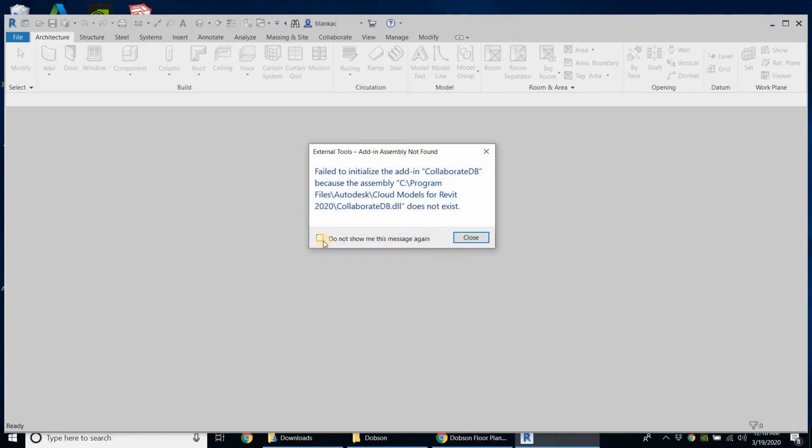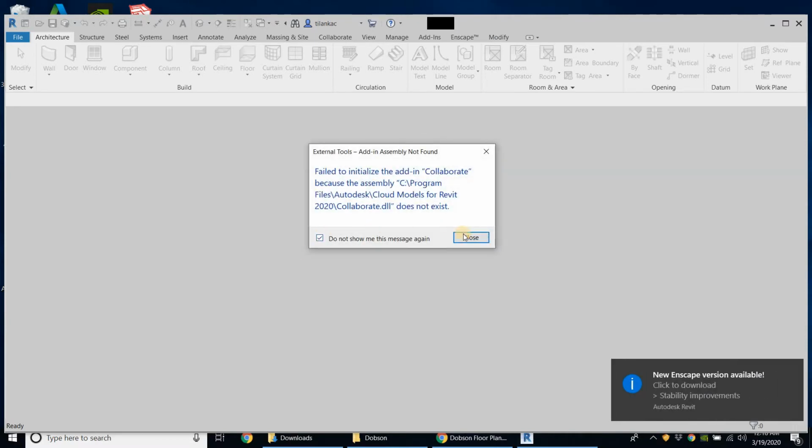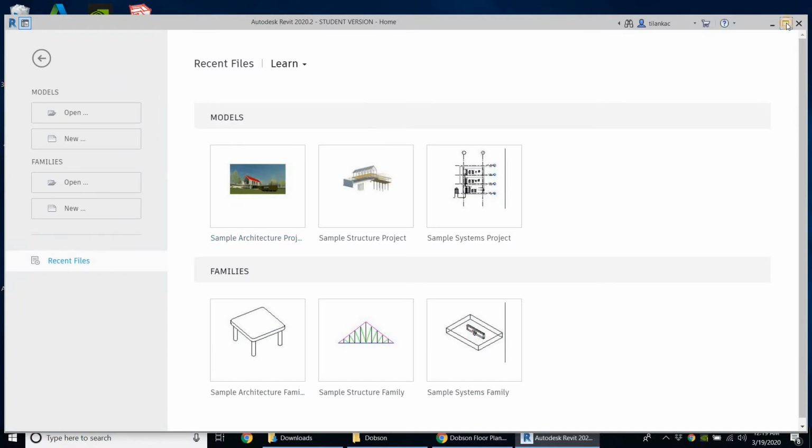So you won't see these messages that pop up, these error messages. In mine, I did something wrong, and so I see these error messages, so don't worry about that. Oops, there you go, a few more errors. It's okay. Alright, hopefully that's all the error messages that we get. Alright, so let's